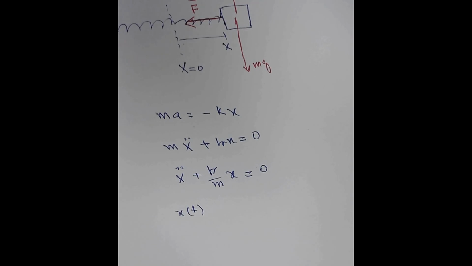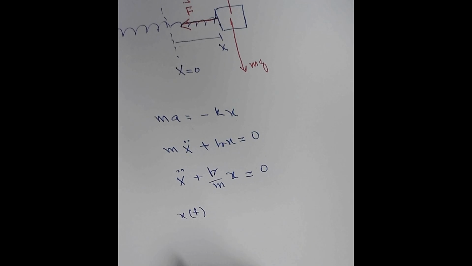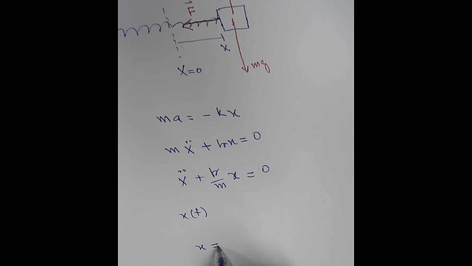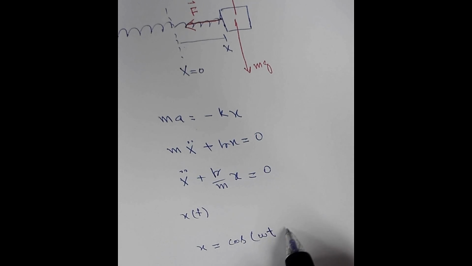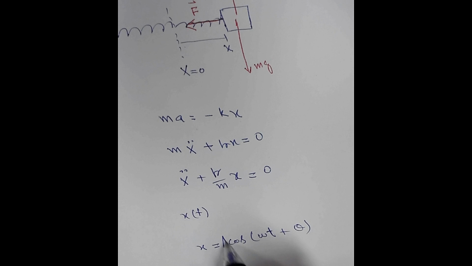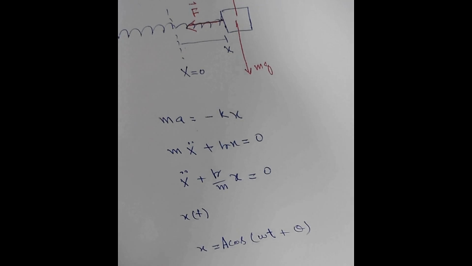As we have seen from the animation, we will substitute the cosine solution in this equation. Like the solution is x is equal to a cos of omega t plus theta,